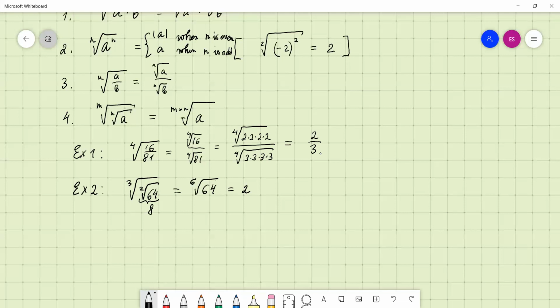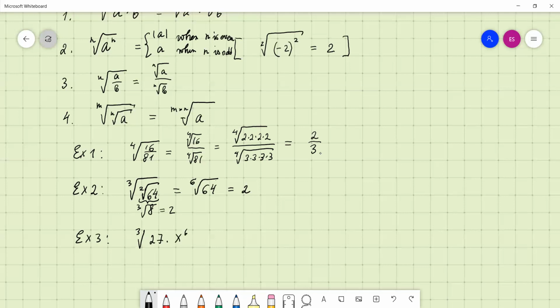And the cubic root of 8 is 2. I'm trying to explain why it's going to look like 2. Okay, example number 3, a more complicated expression: the cubic root of 27 multiplied by x to the power of 6 and by